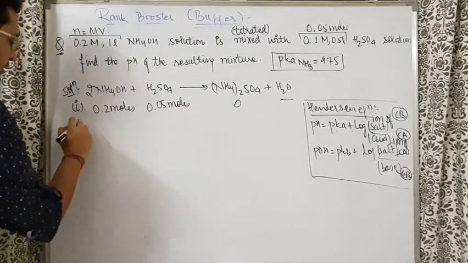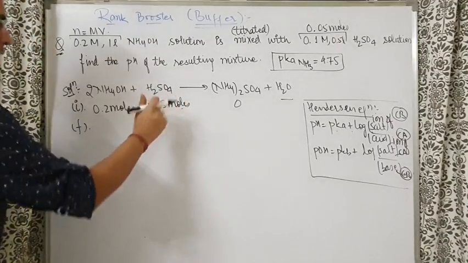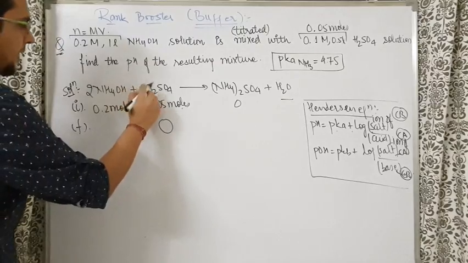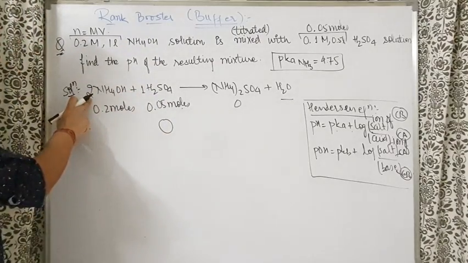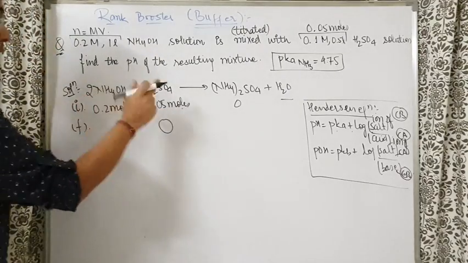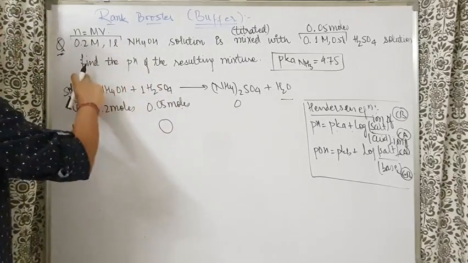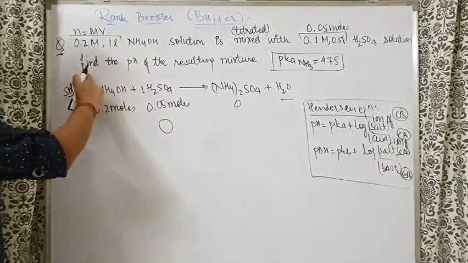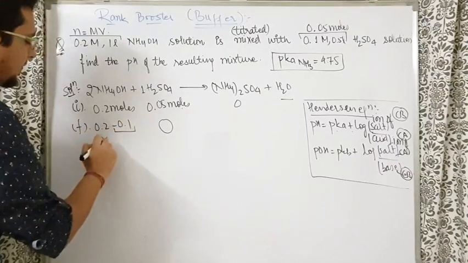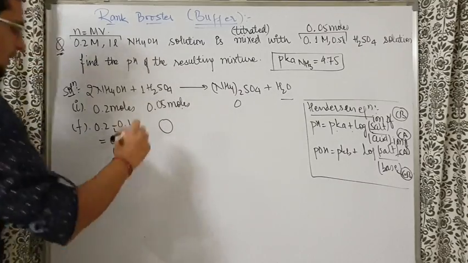Now see, for the final condition, if I have 0.2 moles of base and 0.05 moles of H2SO4, this complete 0.05 moles will become 0. Think about it. If one H2SO4 reacts, 2 ammonium hydroxide react. So if 0.05 reacts, 0.1 will react. What did I say? 1 reacts, 2 react; 2 reacts, 4 react; 3 reacts, 6 react; 0.05 reacts, 0.1 will react. So double the amount is going to react. So 0.2 minus 0.1 reacted, and 0.1 mole will be left by the end of the reaction.